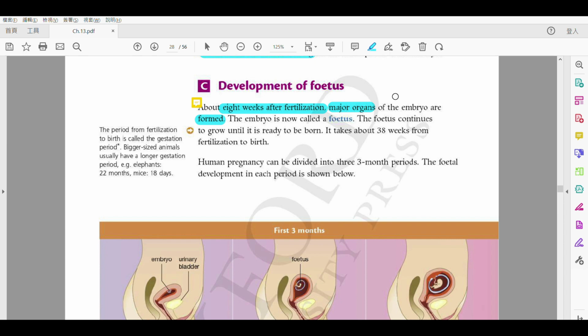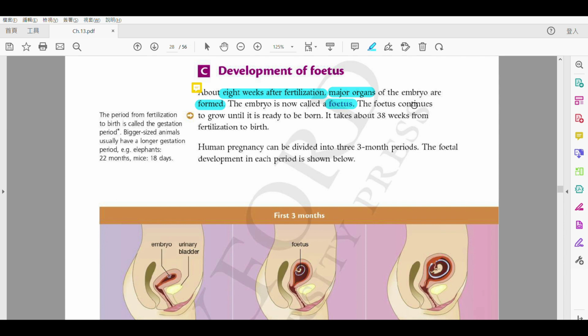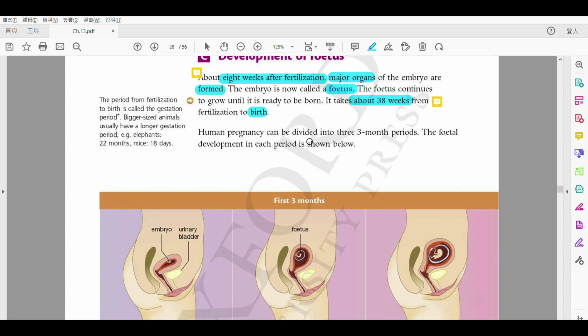Okay, once all the major organs are formed， 例如 for example， 你會見到 all the eye 啊、lung 啊、heart 啊，甚至佢哋嘅 urinary system 啊，嗰啲全部係 form 咗嘅話咧，we'll call it a fetus。記到度啦。Okay, so it will continue growing, and the whole period 成段時間啦，it takes about 38 weeks， 咁就會係 9.5 months 啦。Okay, and then it is ready to give birth， 就開始可以出世啦。